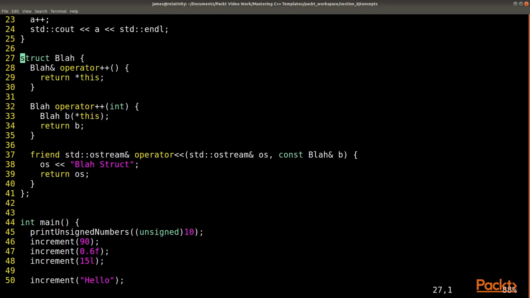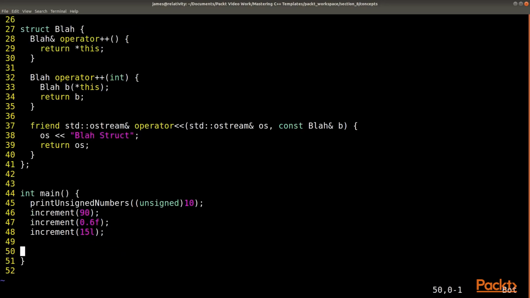So I've created this struct here called blah because it's just a throwaway, and it has the increment operators defined, and I also defined the output override so that we can actually output it to cout. Next, I'm going to get rid of that string, and I'm going to create a blah, and I'm going to increment blah,